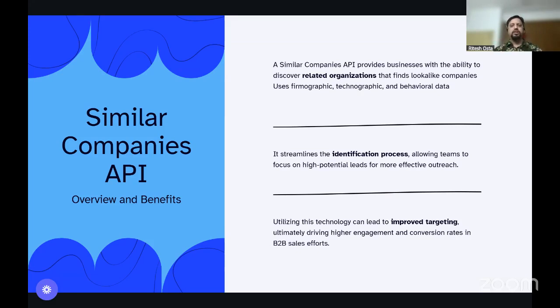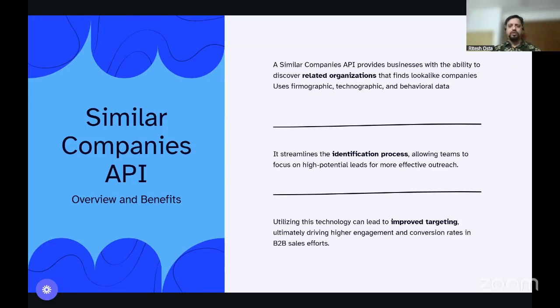You just provide a company or a list of companies, and then based on certain criteria, it will find similar companies to you, and you can do it manually, of course. Download the list, upload it into the CRM, or you can integrate this API with your CRM, do a custom match, and then build a list and push it back to your CRM or outbound tool like outreach.io or whatever you're using. You can do that as well.